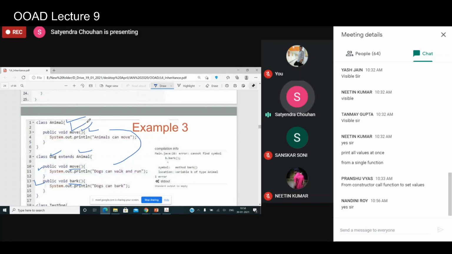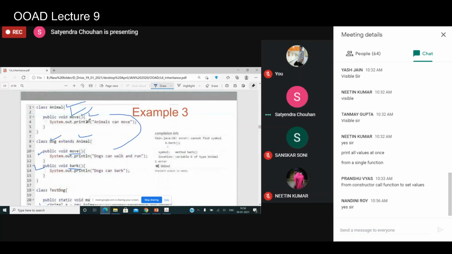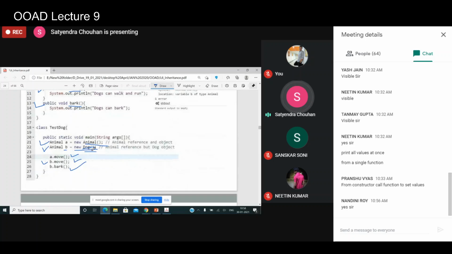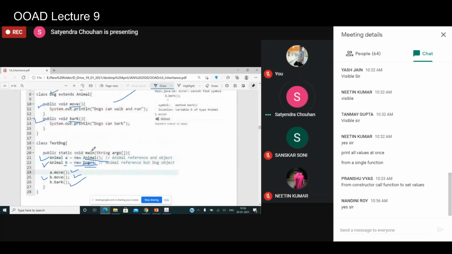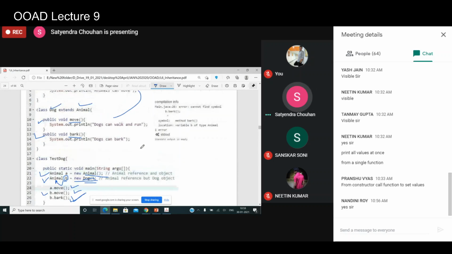और कंपाइल टाइम पे रिजॉल्व नहीं होता है कि ऑब्जेक्ट डॉग टाइप के ऑब्जेक्ट को रेफर कर रहा है तो डॉग टाइप का कॉल होना चाहिए, लेकिन कंपाइल टाइम पे वो सिर्फ रेफरेंस को देखता है कि रेफरेंस किस क्लास का है. रेफरेंस आपका एनिमल क्लास का है, so Animal class should have the bark method. So before going to the runtime, compile time पे error आती है. So cannot find symbol b.bark, method bark. Location: variable b of type Animal. So b जो था Animal type का था, लेकिन method वहाँ पे कोई bark method नहीं है.